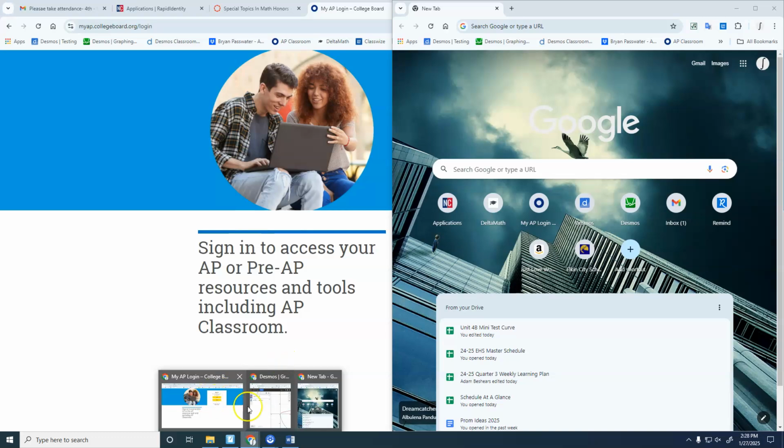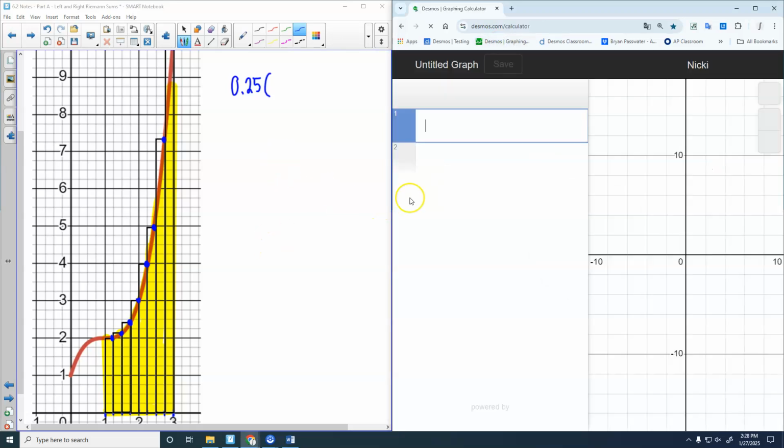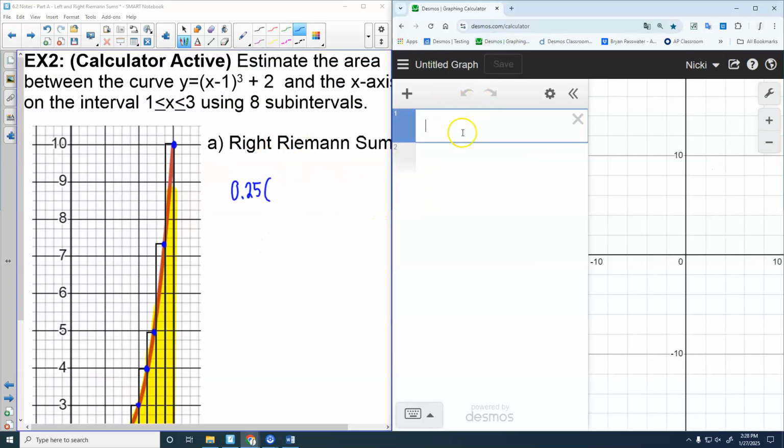Yes, Riemann was the name of the mathematician that came up with the methods for it. So, if I take my equation, I'm going to call it f of x instead of y, and if I plug it in,